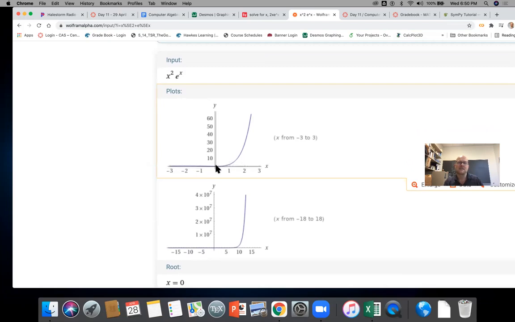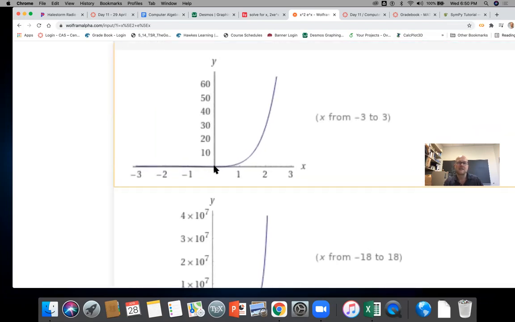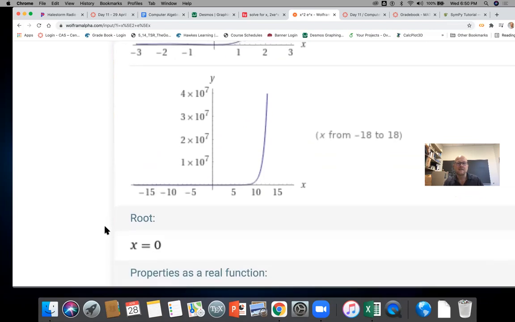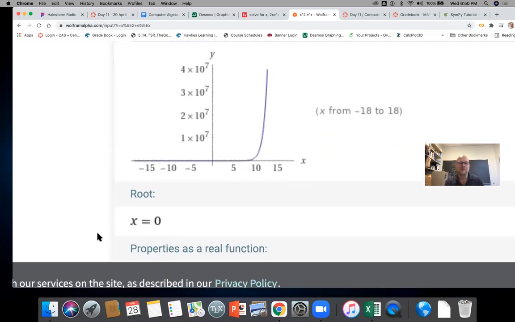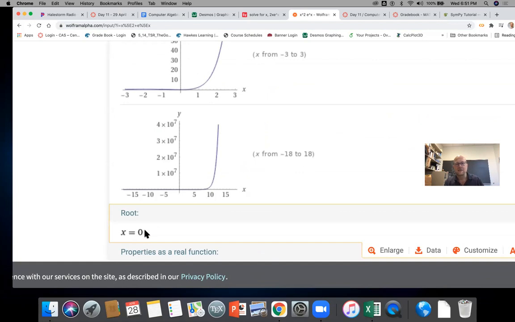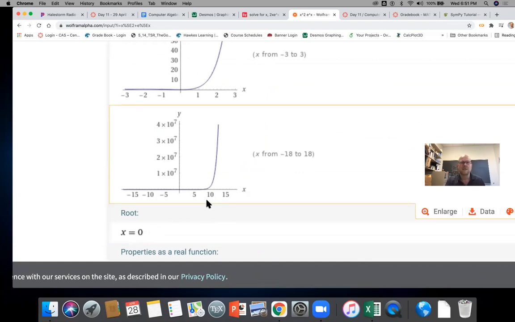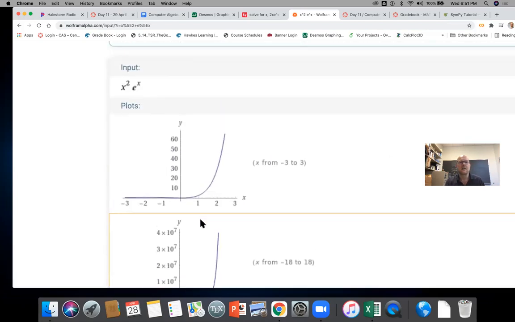That plot does not zoom in very well. Yeah, that doesn't show me much. Okay. And so it didn't really feel like it helped me too much. It said that it has a root at x equals 0, and it did. We saw a graph of it a minute ago. But